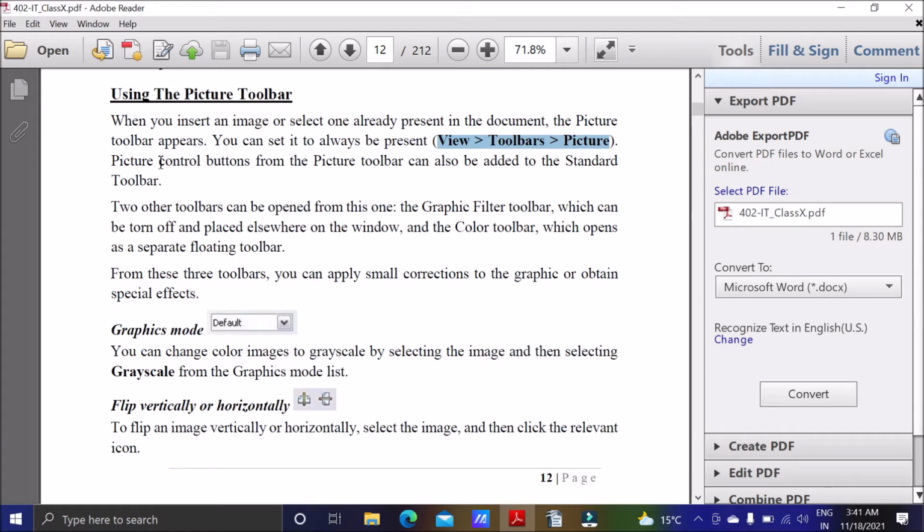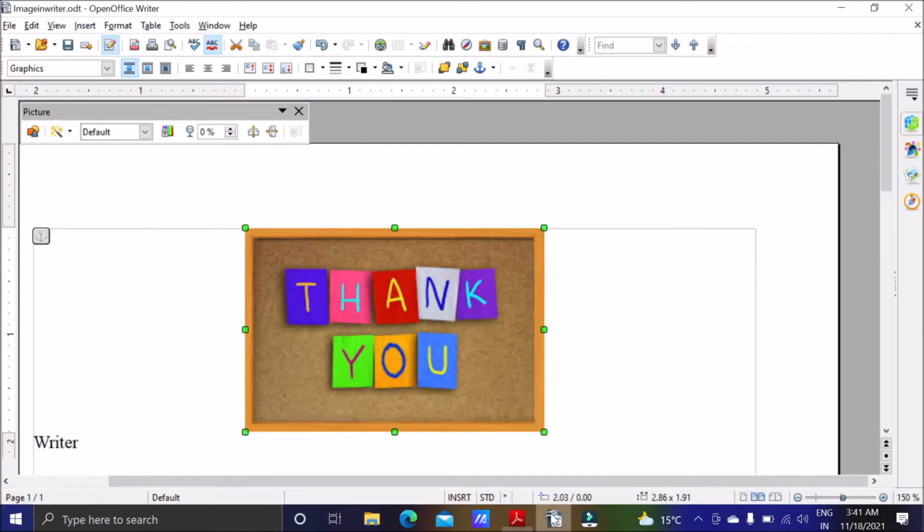Now picture control buttons from this picture toolbar can also be added to the standard toolbar. This is the standard toolbar, and you can add some picture control buttons from the picture toolbar to the standard toolbar also.